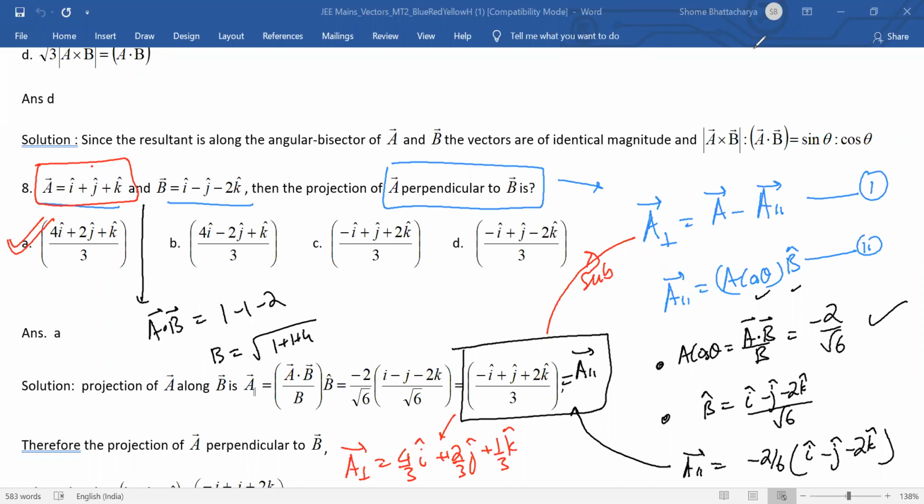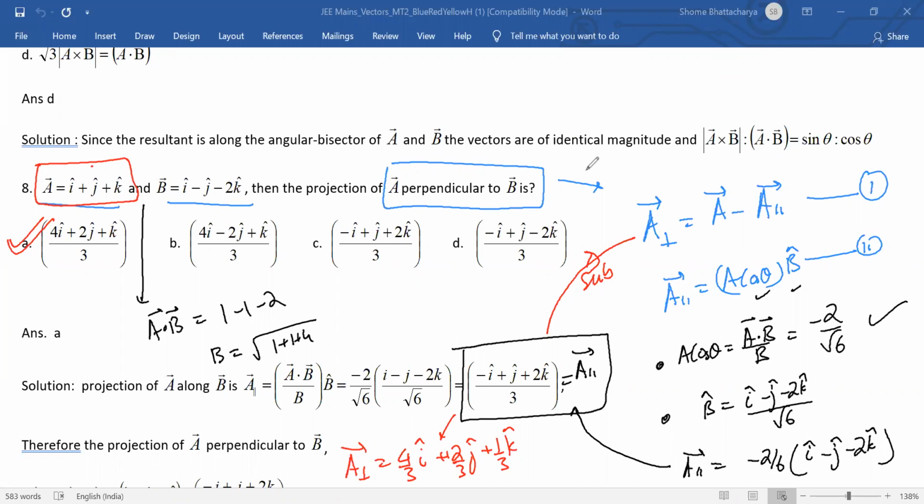Prince, I didn't understand. Third one, meaning? Achha, not minus 1. See, it is 1 minus of 2 by 3, right? So it's 1 by 3 only. You are subtracting A minus A parallel. So the K cap component is what? It is 1 minus of 2 by 3. So that's 1 by 3 only, right? Oh, the last one. Okay, I'll explain. I'll come back to the last one.